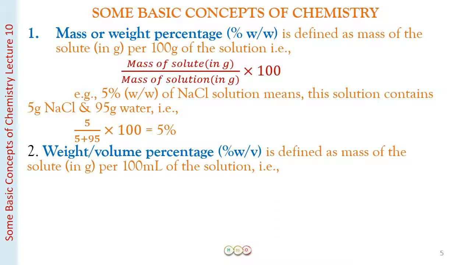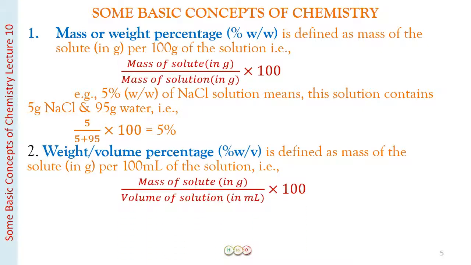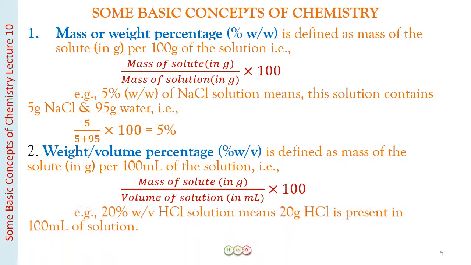Then we have weight by volume percentage. This is % W/V, and this is defined as the mass of solute in gram per 100 ml of the solution. So this would be the mass of solute divided by the volume of the solution, multiplied by 100. Now, if we have a 20% weight by volume HCl solution, this would mean 20 gram HCl present in 100 ml of the